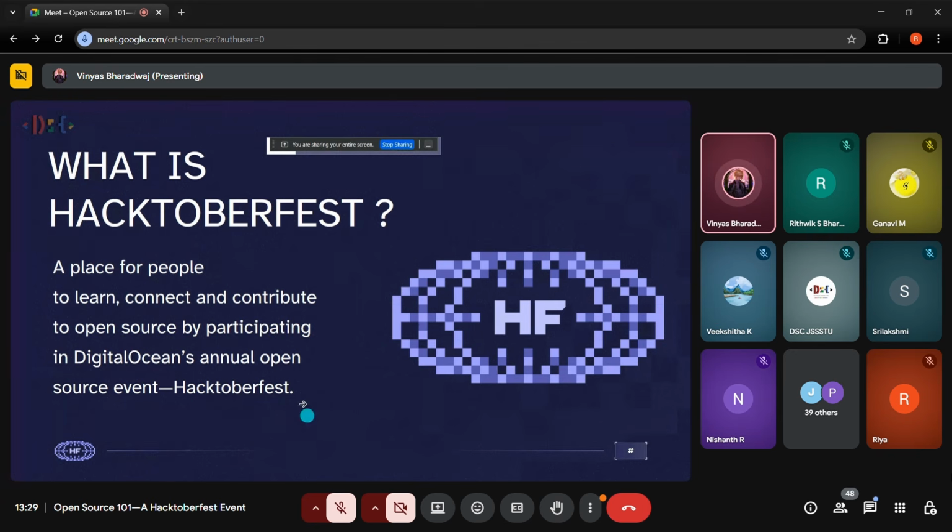Hacktoberfest is a month-long deep dive into open source. It starts from October 1st and ends on October 31st, where you're able to contribute to open source code, get familiar with peers who have similar interests as you, etc.